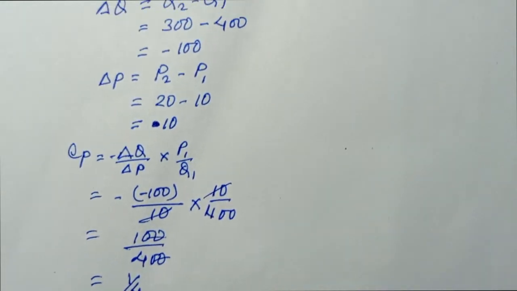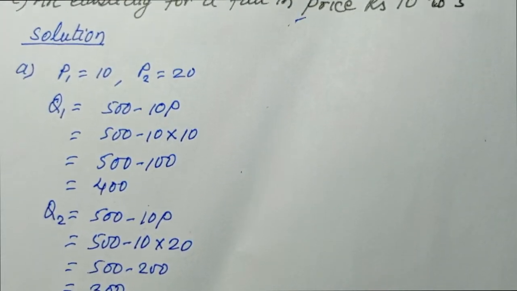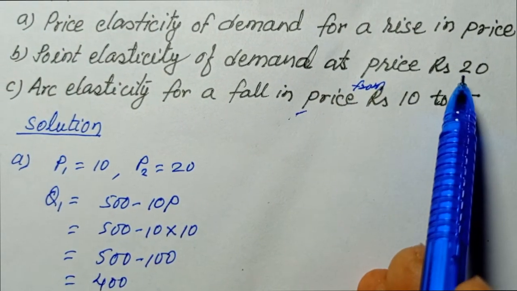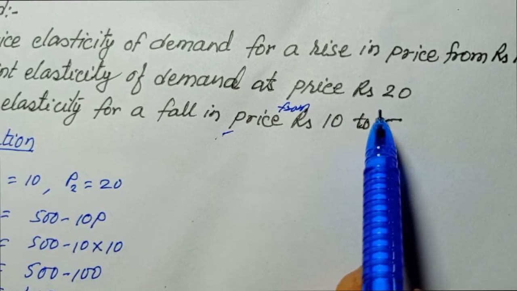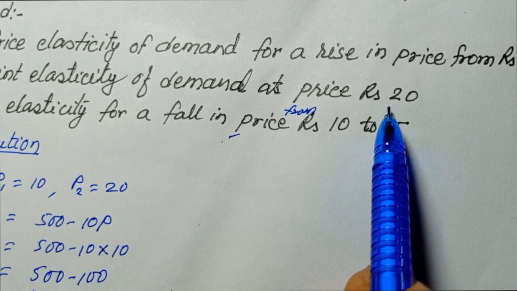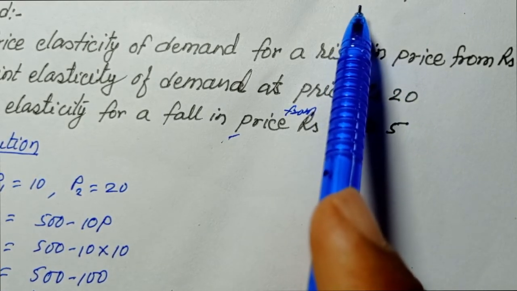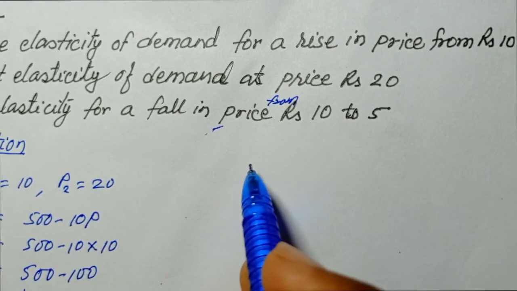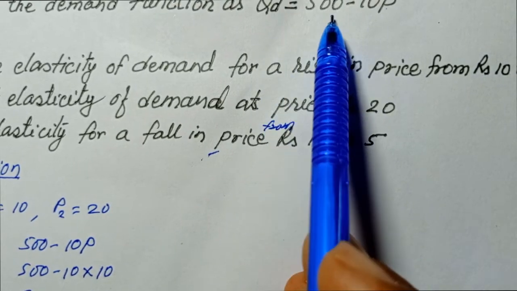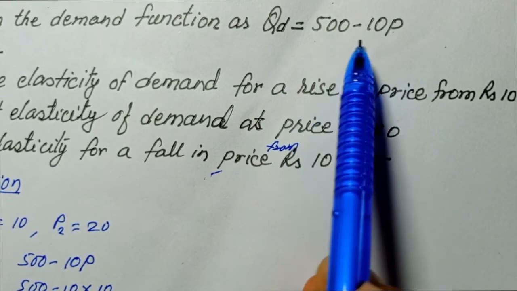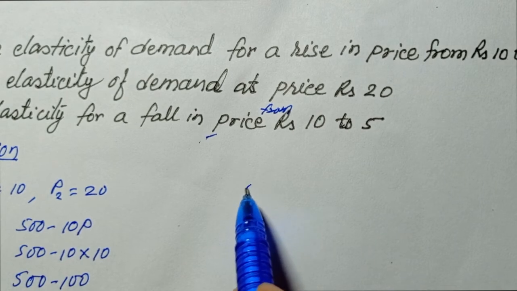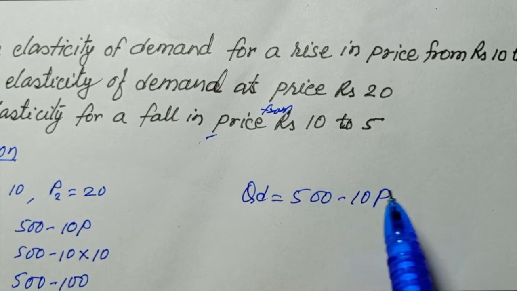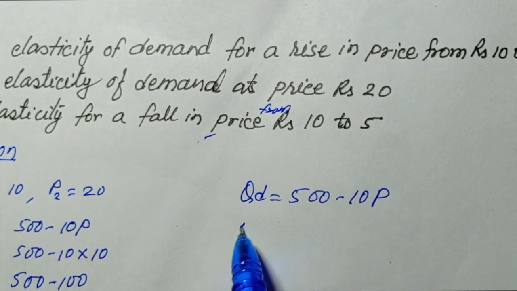And now next, you have been given point elasticity of demand at price 20. While finding out the point elasticity of demand, you should differentiate the demand function and find out the value of the differentiation. Now let us differentiate this demand function, given the demand function Qd is equal to 500 minus 10P, and we should find out the change